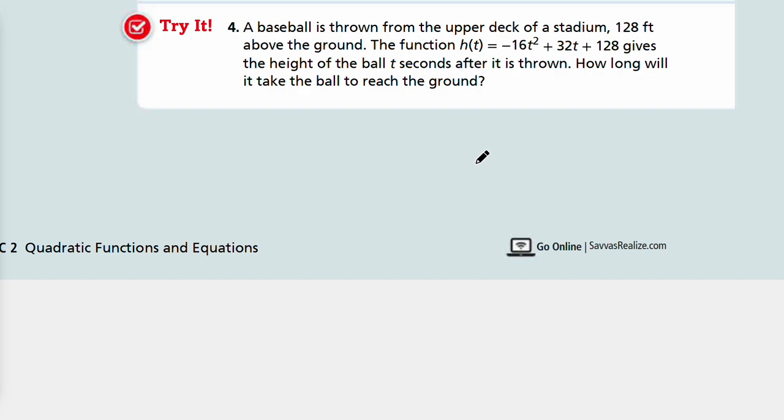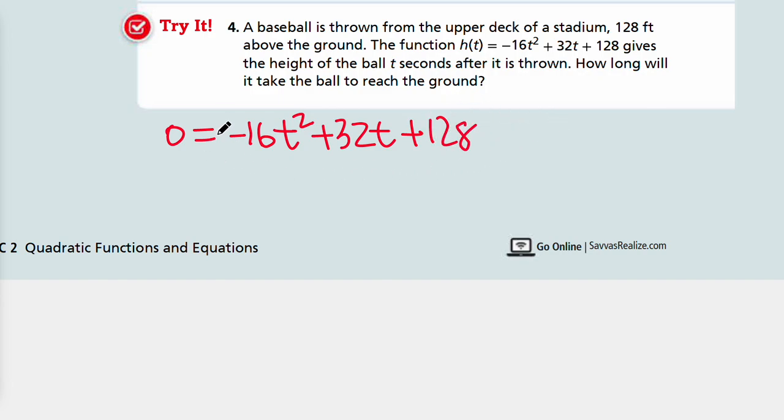Okay, are you ready? Yeah, what's the first step? You factor it. Oh, even before that, you make h of t 0 so that you can figure out what t is when h of t is 0, right? So first of all, you want to factor out the greatest common factor, which is negative 16. So you'll get t squared minus 2t plus